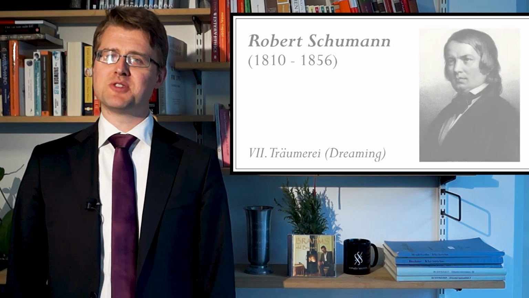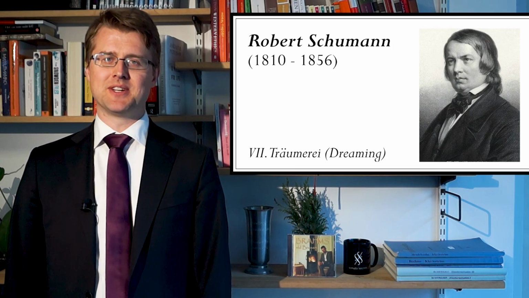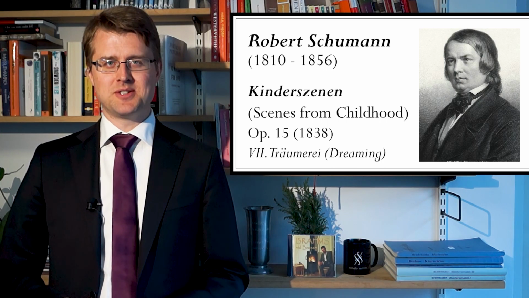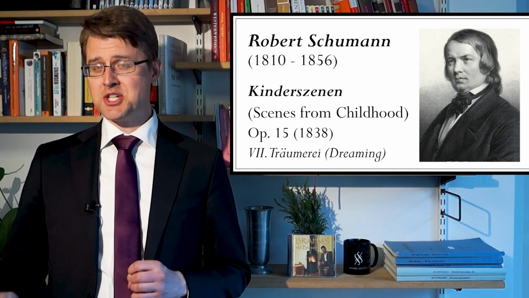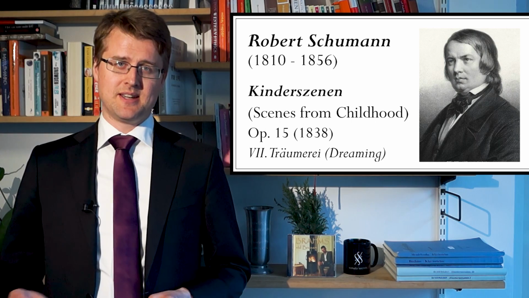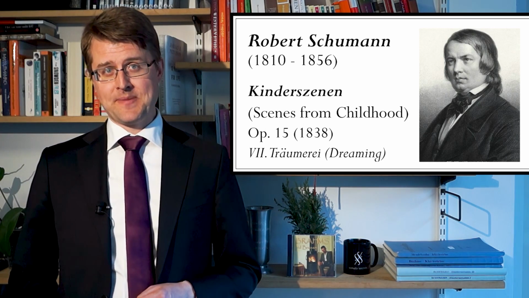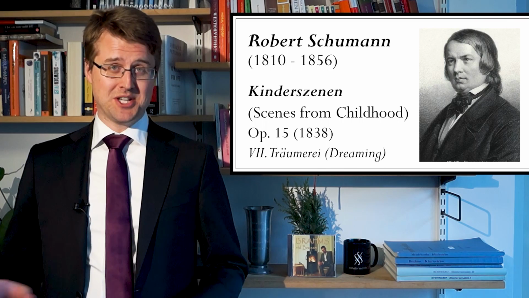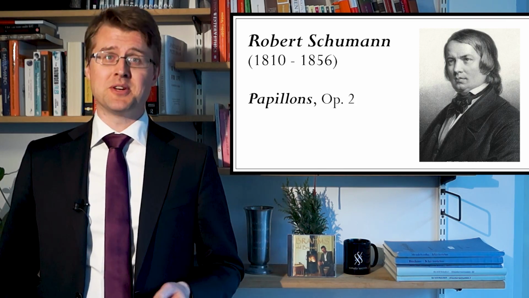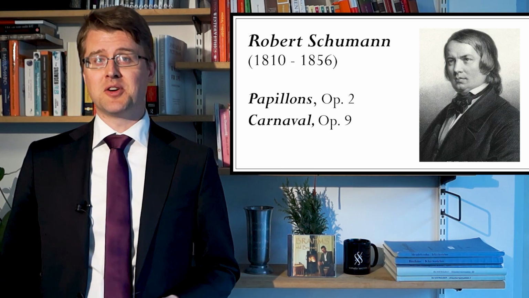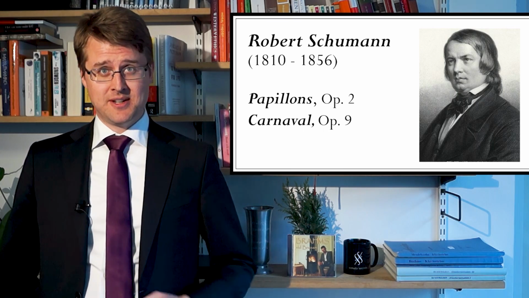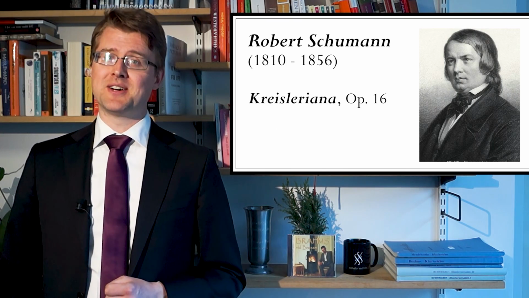The Träumerei by Robert Schumann is one of his most loved melodies, so relaxing and soothing. It's found in Kinderszenen, or Scenes from Childhood, which is a collection, or a suite, or a cycle of 13 very short piano pieces. It lasts about 15 minutes to play. And this is a common form that Schumann uses, either with these very short miniatures, for example in Papillons Opus 2 and Carnival Opus 9, or bigger works with longer movements grouped together, for example also in Kreisleriana Opus 16